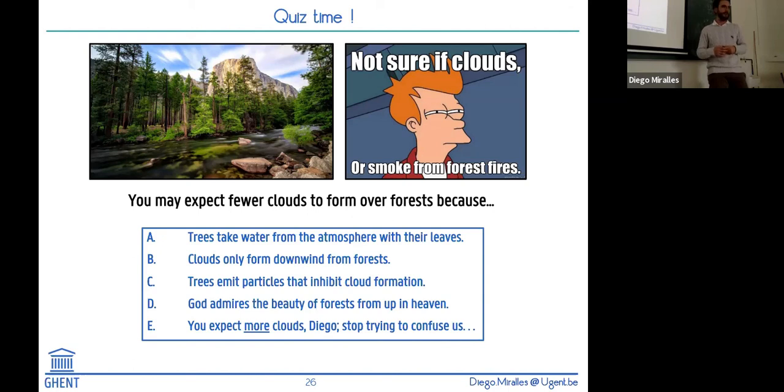So yeah, the clouds may form not only from forests, but if you have big forests, in the south for instance, you have the big Amazon, you have a lot of clouds actually forming still within the same forest. Of course, they travel. I think we talked the other day